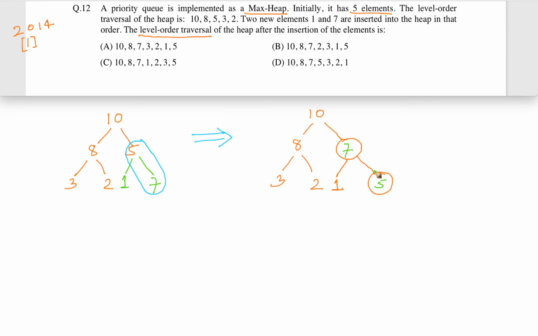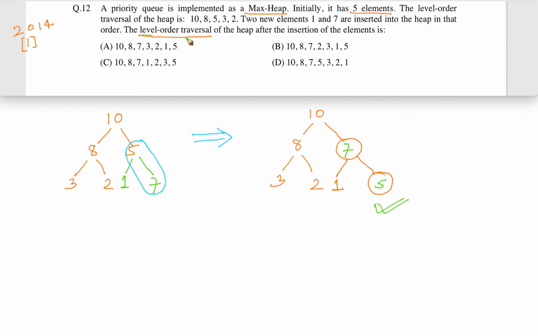And after swapping, we have to again see whether the new data structure is still a max heap or it violates the property of max heap. So now we again have to check between 10 and 7, and now it is okay. 10 is bigger than 7 and it should be above 7 in max heap, so that is okay. So actually this is the final max heap which we should get after the insertion of two new elements, that is 5 elements and 2 elements. So overall 7 elements are here.